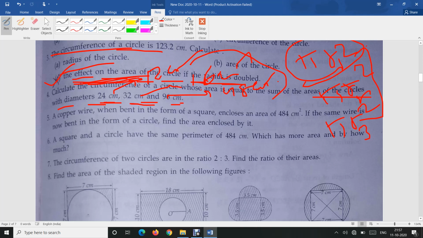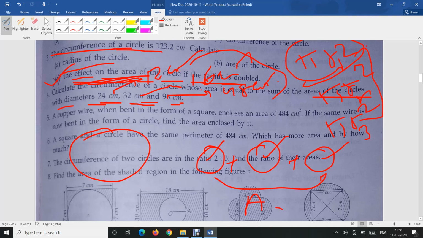After solving these and getting the values of these 3 areas, you have to add all 3 areas. Okay. After adding, this will be equal to the area of a circle, this is the first circle, second circle, third circle. You have to find the area of this circle, this circle, and this circle. After finding the areas of these circles, you have to add all these 3 areas. Okay. And this addition will be equal to the area of this circle.